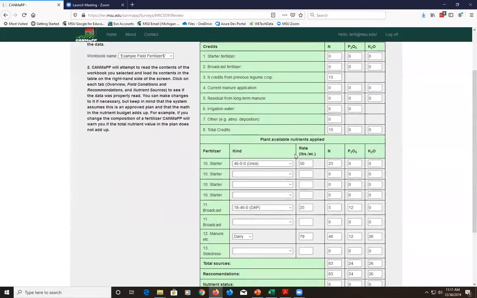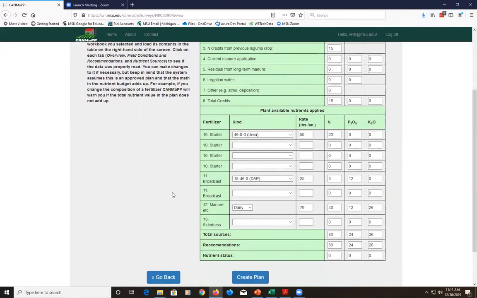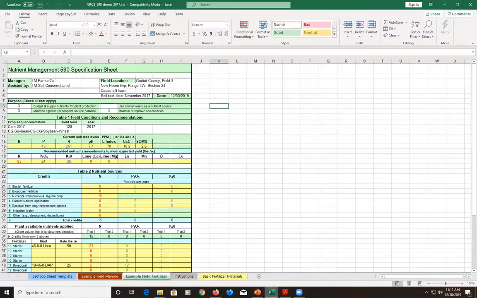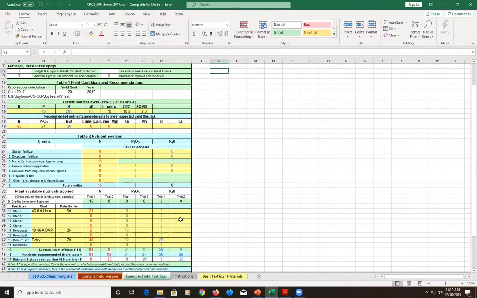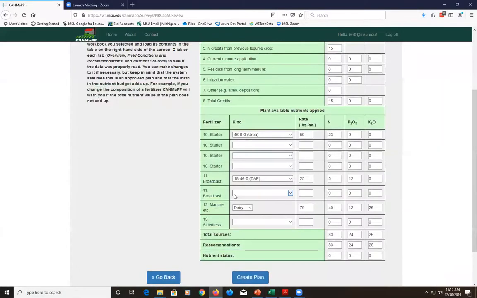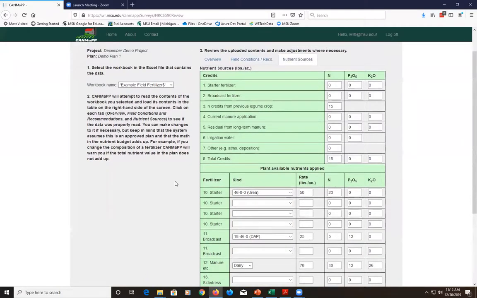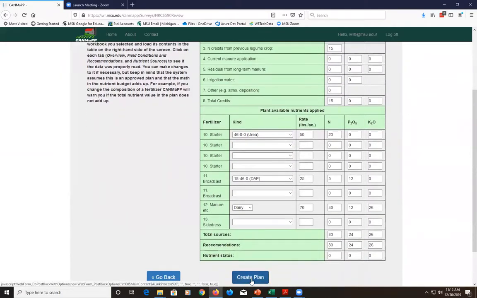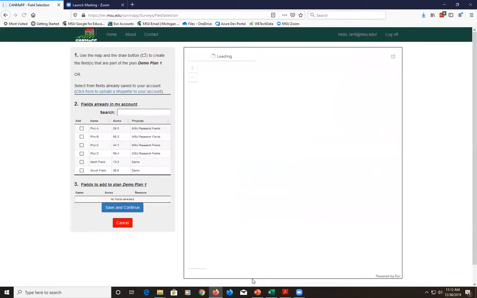And so we don't need to go in here and make a bunch of changes. It's mainly just for us to review it and make sure that the system read it correctly. So I would go back to the spreadsheet and make sure that the data that's in there is accurately represented here. And if need be, if it didn't read it, I could make those changes here. But once I've confirmed that, then I can click Create Plan, and it'll move me on to the next part